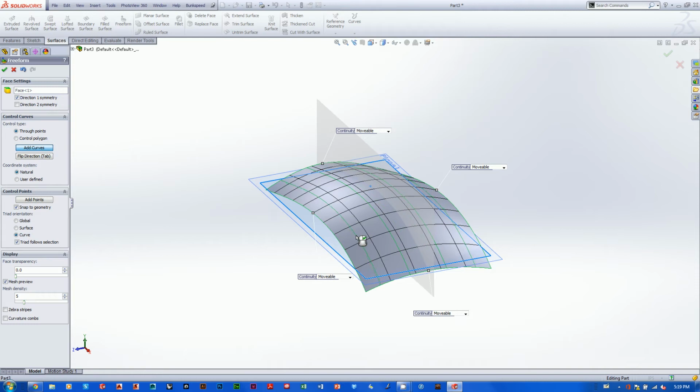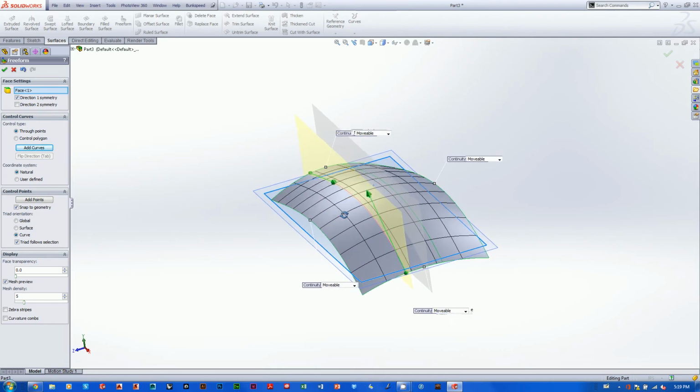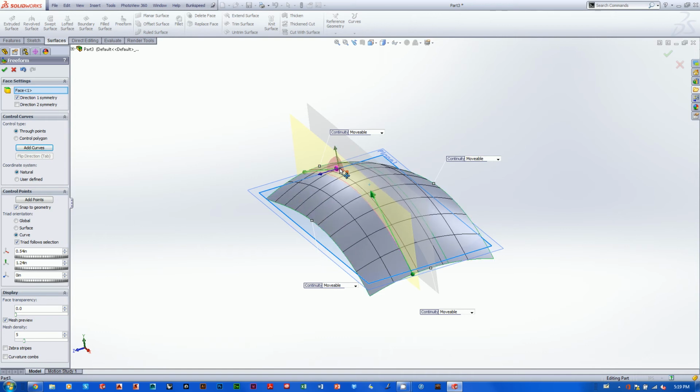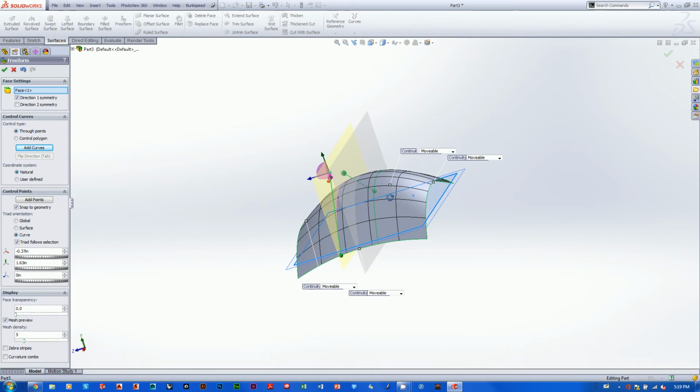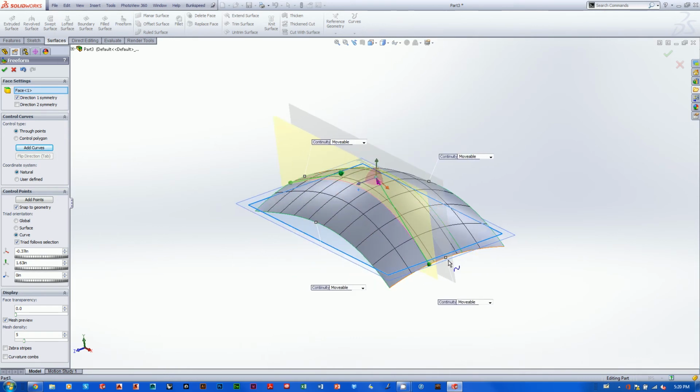But if I hit the escape button, it'll drop that tool, and then when I hover back over the isoparm I just added, it turns orange and allows me to edit it when I click on it. So as you can see, I'll get those little arrows again, and from this point on I can just pull these puppies in and add a nice little spine or a ridge to this thing and really get a lot more control of that top arc there, a lot more than I was getting from these side